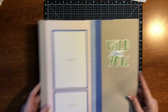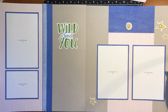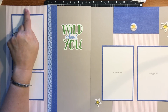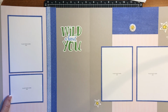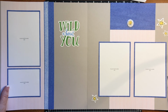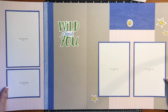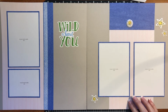Now, the very first one, while I was making it, because it was very kid, there was a lot of dinosaur in this one. I did flip this paper over that had the dinosaurs on the other side. While I was making it, I started thinking, okay, this is very plain. What could I do to this? And the more I used it, the more I realized this would be a great layout for some pictures of my dog. So I think what I'm going to do is use either my Cricut cartridge and cut out some dogs,